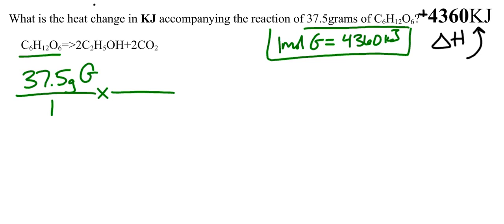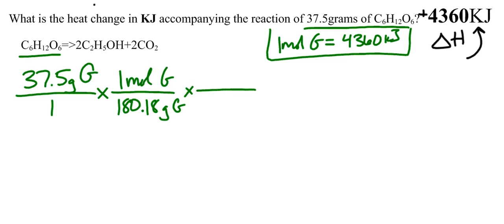So obviously it's 1 mole of glucose. I'm not at moles yet. I'm still at grams. So if I want to go from grams of glucose to moles of glucose, I need to use the molar mass of glucose, which is 180.18 grams of glucose for every 1 mole of glucose. Now that I'm at moles of glucose, I can go to kilojoules because this equivalency statement will let me. So 1 mole of glucose is